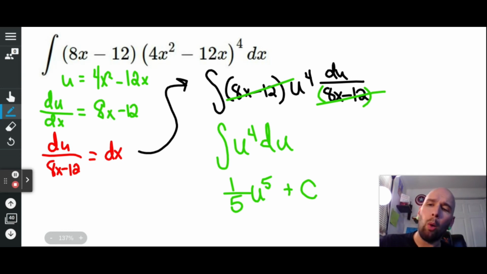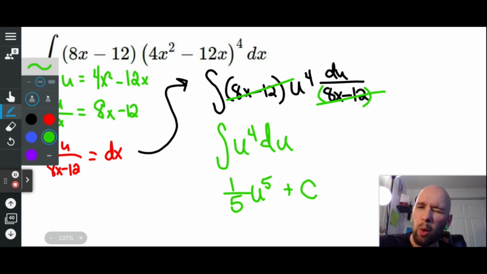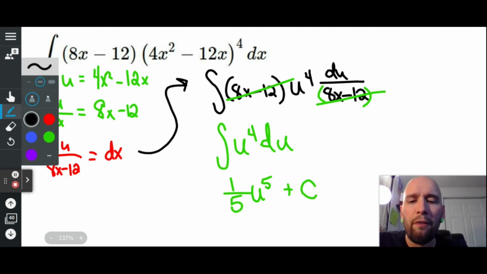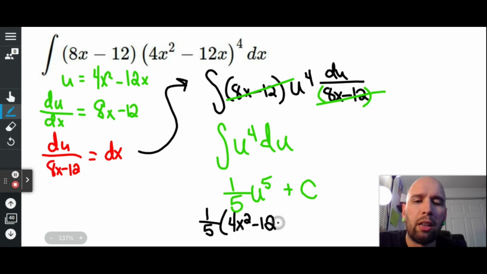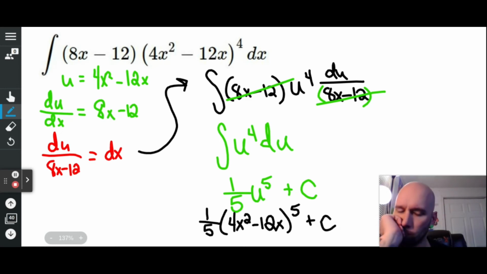My last step, however, is to replace the u with what I had in the first place, which is 4x squared minus 12x. So my final answer is going to be 1/5 parentheses 4x squared minus 12x to the fifth plus c. And that's it. Much easier